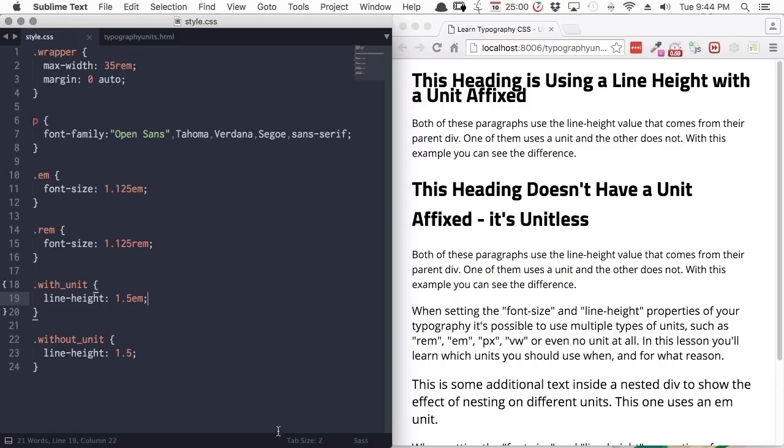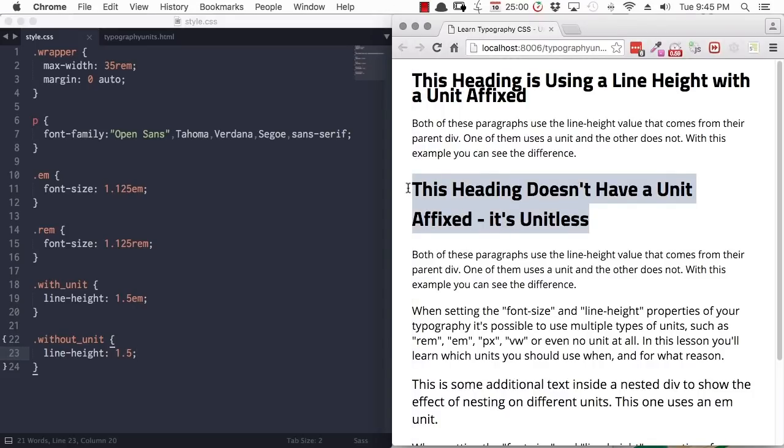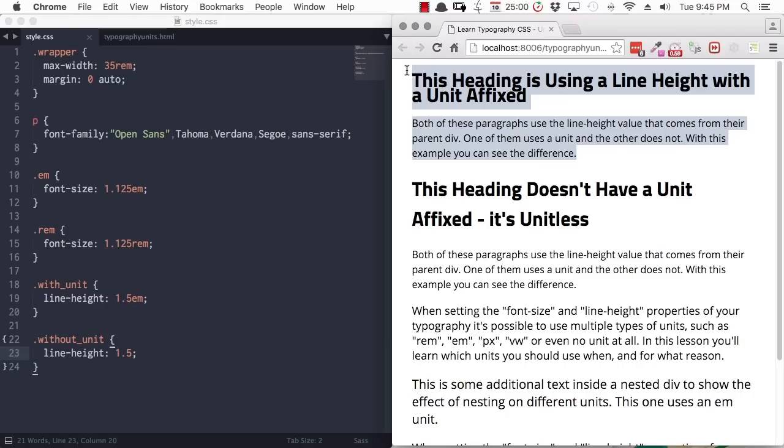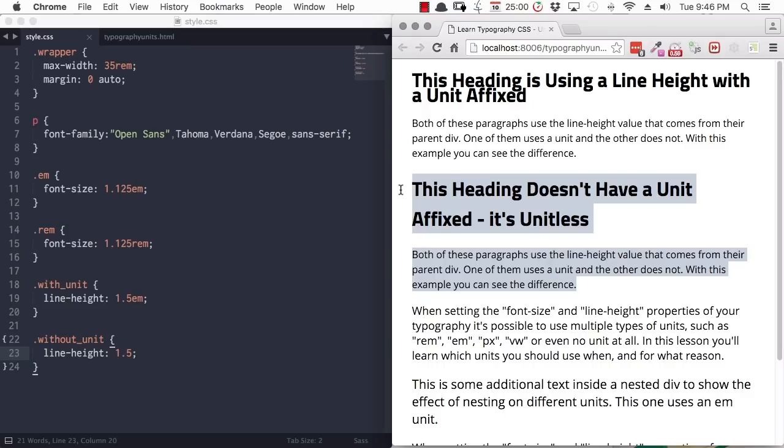Now, with our unitless line height down here, on the other hand, we still have a multiplier. The line height you end up with is still going to be 1.5 times something, but the difference is it'll be 1.5 times its own font size. So in this case, our line height for our heading here is 1.5 times the size of the heading itself, not the font size of the overall div. So just to recap, when you use a unit, you have a fixed font size that applies itself to everything inside that element. But when you have unitless line height, you have a fluid line height that will differ depending on the font size of each individual element. All right, so that gives you the essentials on using pixel units, em units, rem units, and using no unit